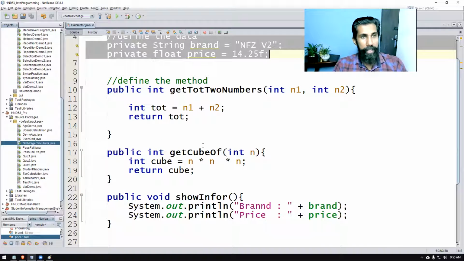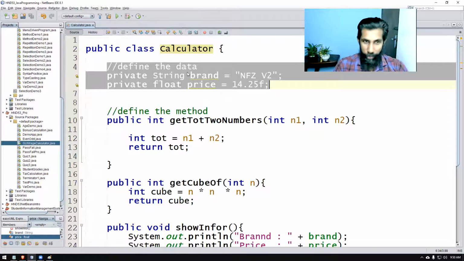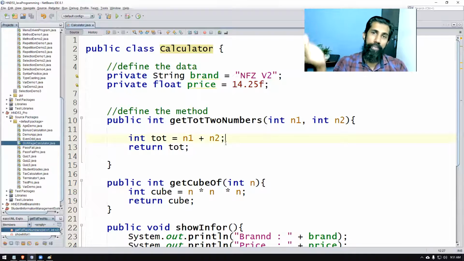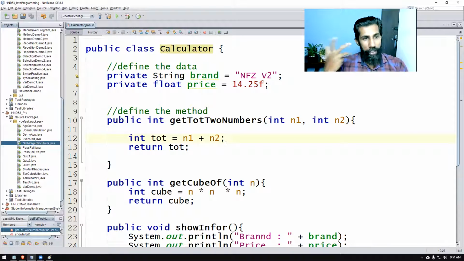I'm not going to put any main method in this program, so I'm not going to execute it. I'm going to show you how you can use this in another program and get the work done. We can even use this in a GUI program, and I will show you how to access it. A calculator can be used by an accountant, a student, a teacher, or even a shop owner. It could be used by any person who wants to get things done. So for that reason, I will build another program.